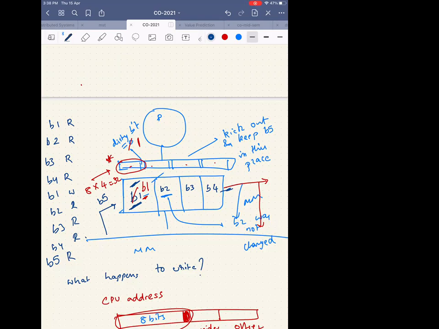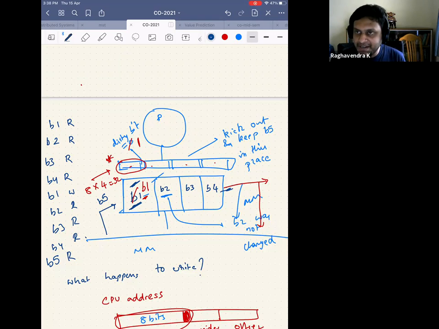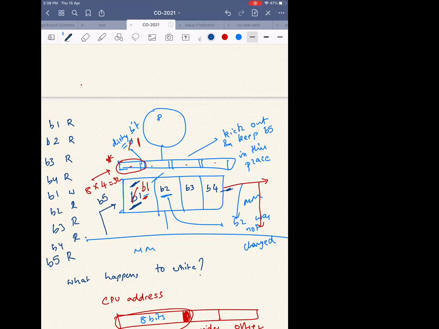So instead of 1 bit, you can have a few more. Yeah, instead of 1 bit, you might do it for every byte. But if you are an architect, would you do that? Will you have extra writes or will you have extra bits in the hardware? Extra writes, I think. Yeah, extra writes, right?